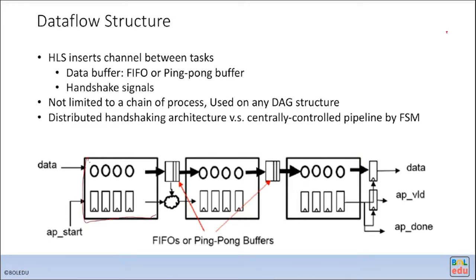So you have a function and a sequence of functions. When you call the HLS with pragma, what it does is it creates a channel between the functions or the tasks. And the channel includes two parts. One is the data FIFO, for the data transfer. And for the data buffer, it could be the FIFO or ping pong buffer. It's got to be a ping pong buffer, otherwise these two cannot be